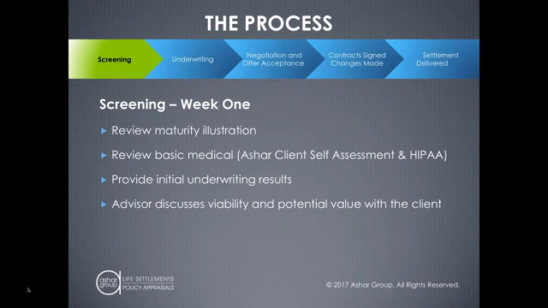If you provide some basic understanding of their medical history, the types of medications or prescriptions that they take, anything that'll help give us a more customized longevity estimate, then we'll be able to come back to you and let you know what the projected range of value would be based off each of those longevity assumptions.